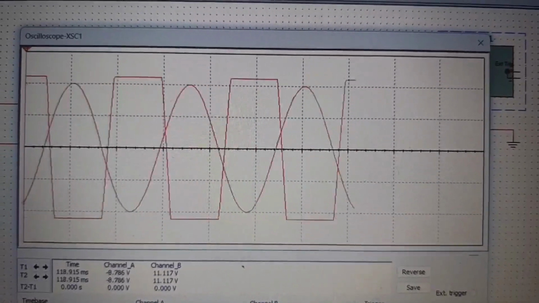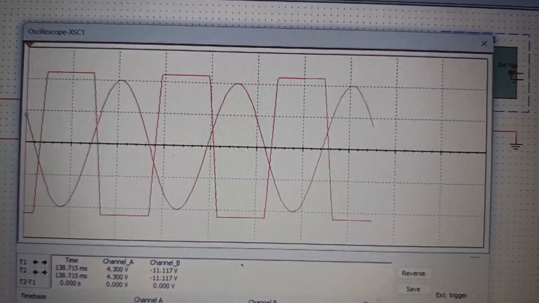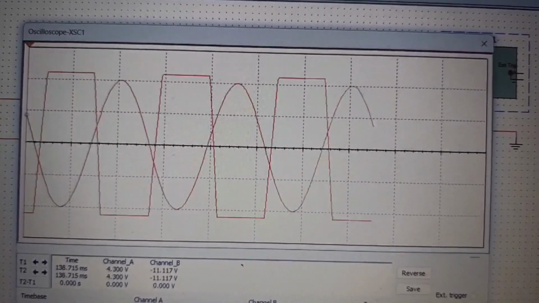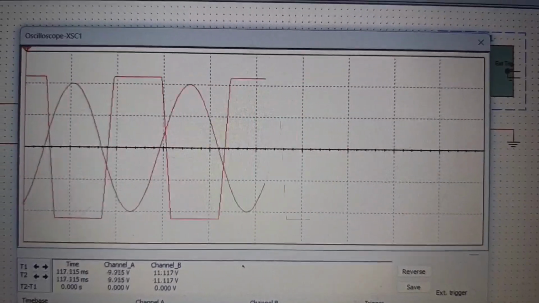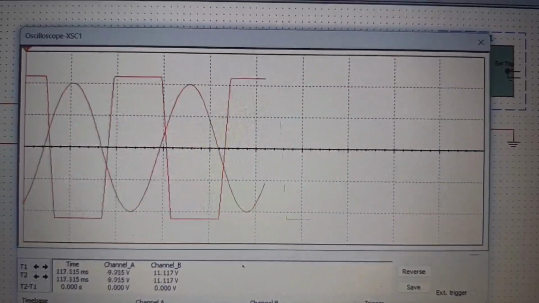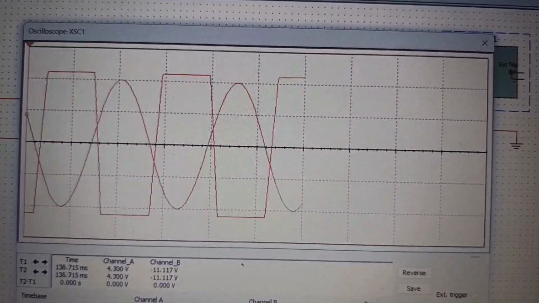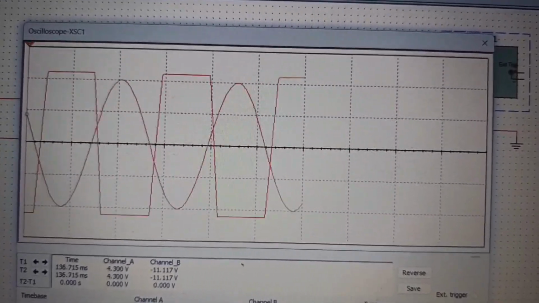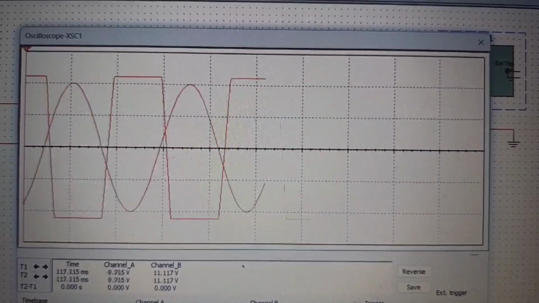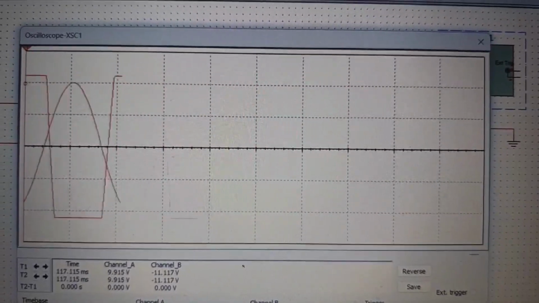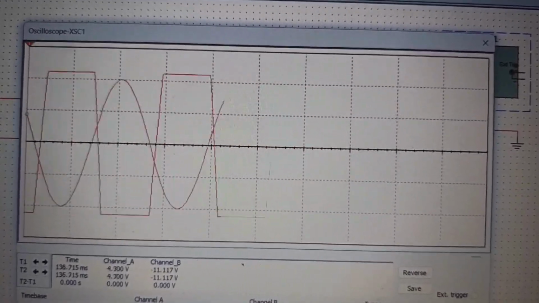So now the output waveform, that is channel B. Channel B displays the output waveform from the op-amp, which is a square wave. As the sine wave crosses above the reference voltage, the op-amp output jumps to its maximum value. When the sine wave crosses below the reference voltage, the output switches to the minimum value. This square wave represents a digital conversion of the sine wave, showing only high and low states, which correspond to the sine wave being above or below the threshold.